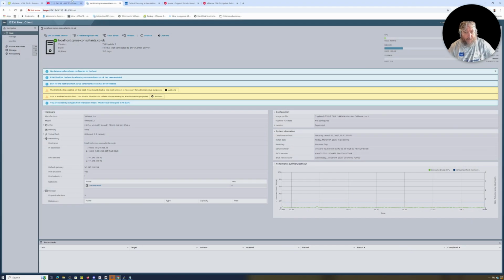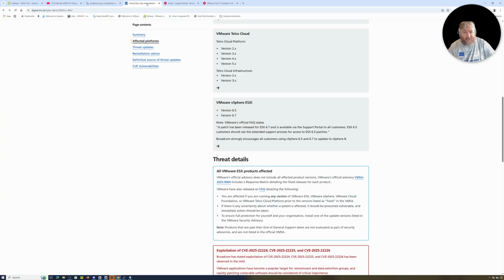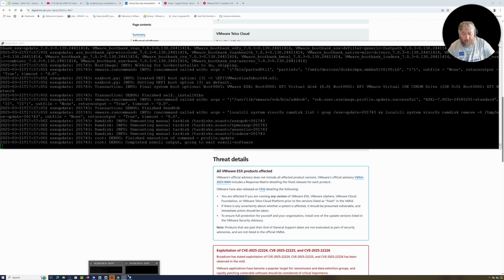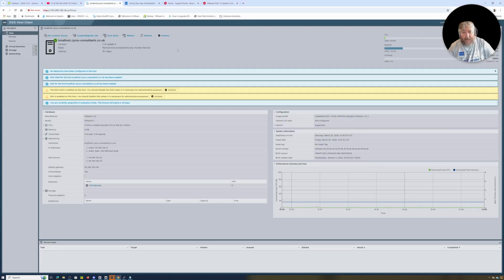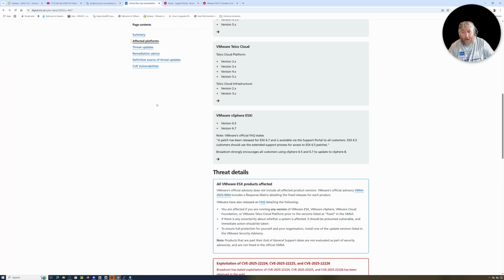So without further ado, what we're going to do today, we're going to have a little look at patching the VMware hypervisor ESXi 7. And in the lab here, we have an ESXi 7.0.3 host, which is build 24411414. And if we have a look at the web GUI, this is the last version of ESXi 7.0.3R. So this version has the critical 0-day vulnerability, which is fixed by